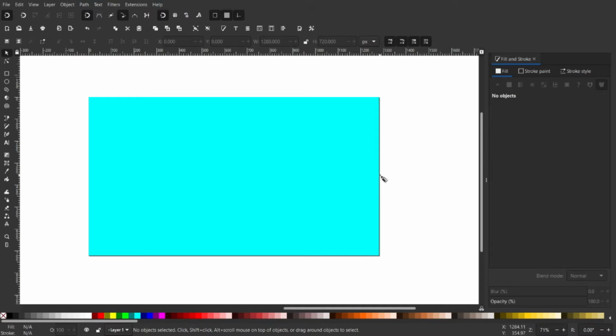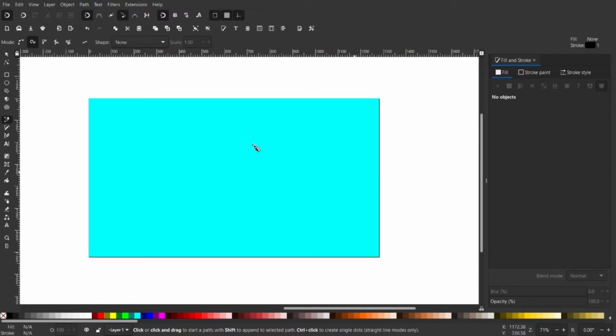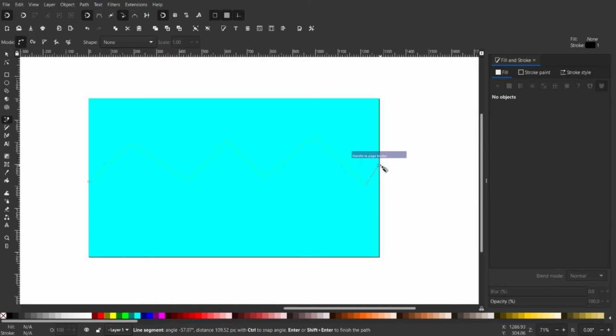And for next, I'll be pressing B on the keyboard to bring the Bezier curve, and make sure you have mode to create regular Bezier path selected and then shape to none selected. And then just snap on where you like it. I am going right here, and then just click, click, click, click, click, click, click, and then hit enter on the keyboard,